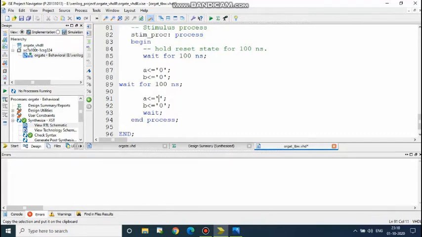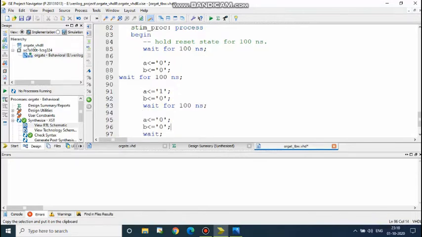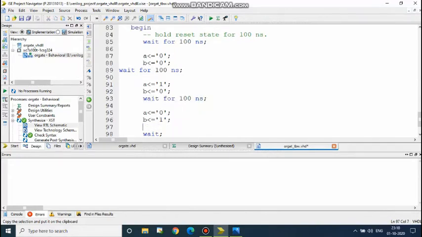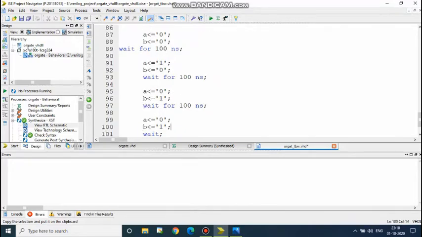Then A 0, B 1, then A 1, B 0, and A 1, B 1. So I have given all the possible combinations.